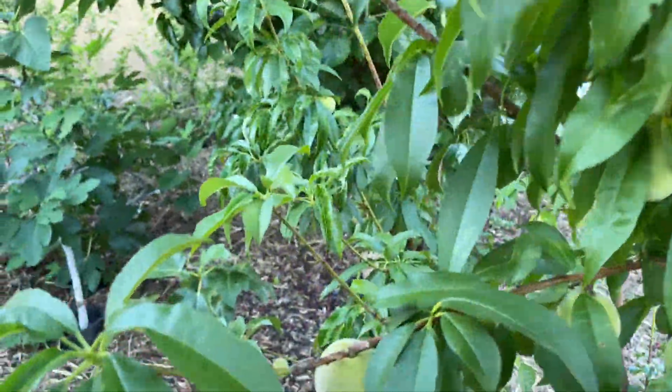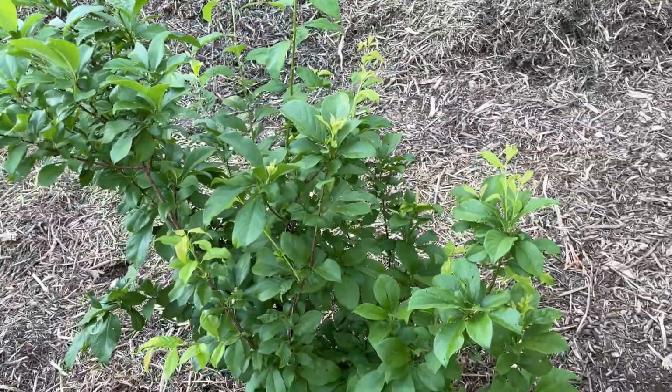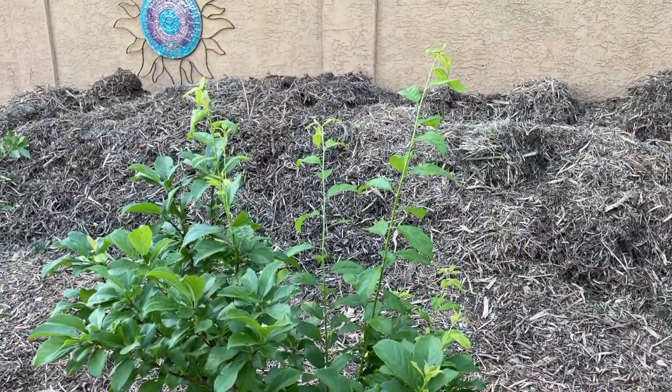But nice peaches. These were some of my better. This was May Pride, my best last year. This was my second best. Really nice. And then to finish this section here is the